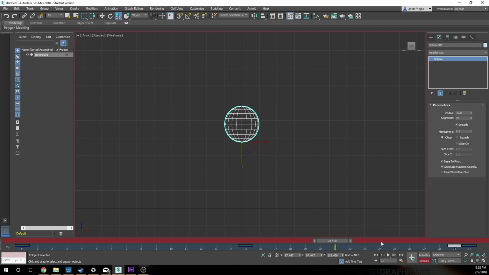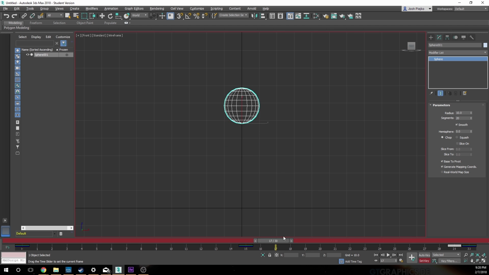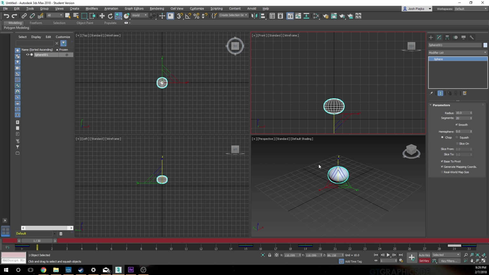I'm going to keep it at 29. And I think what I'm going to do is have it not actually start to transform, so keep it as a ball for a little bit longer. So maybe at 19, I'm actually going to zero out those numbers. So 100 by 100 by 100, and by zero out, I mean just bring it back to its original squash and stretch. I'm going to hit a key. Now let's see what happens. Okay, so that's starting to look okay, but we really don't know until we start to see it in some